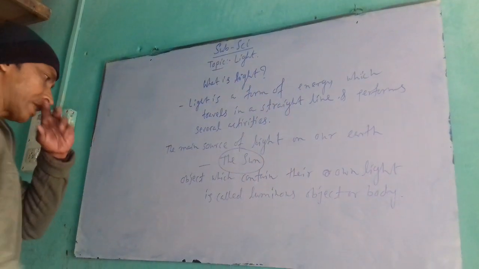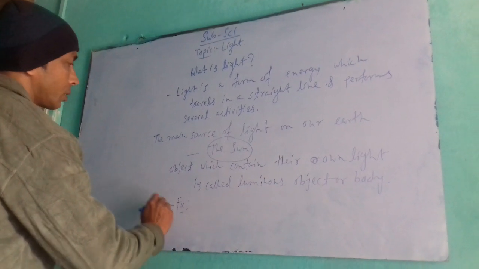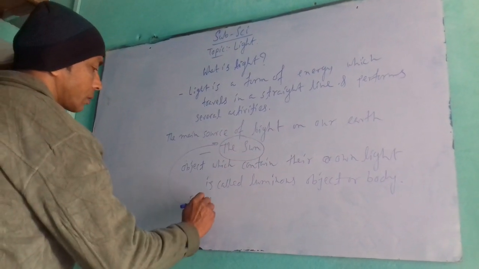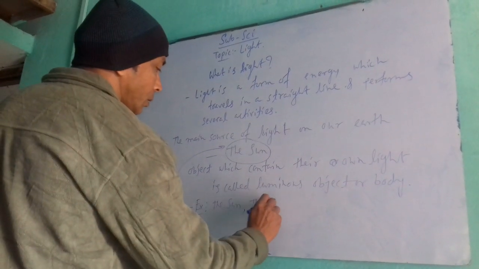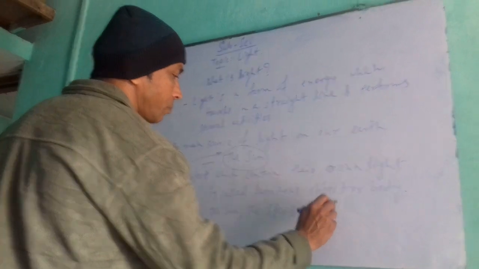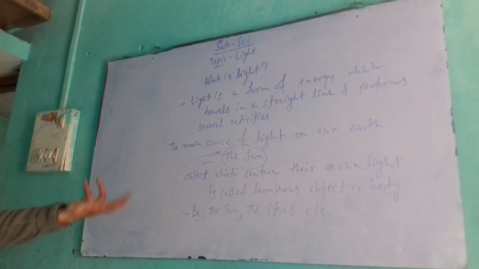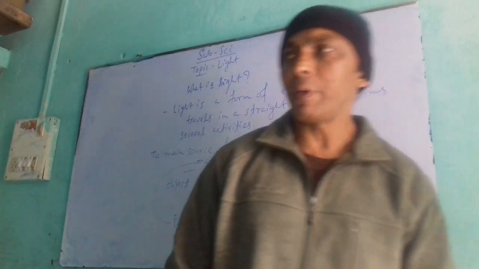Right? A very good example is the sun, the stars, etc. and much more. Now, the second kind, an object which does not contain its own light, is called a non-luminous body or